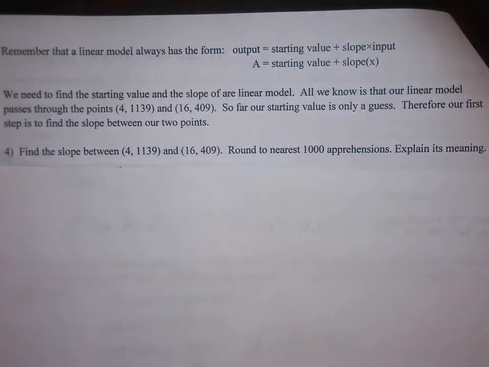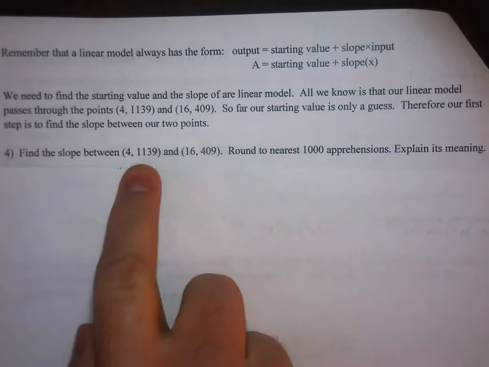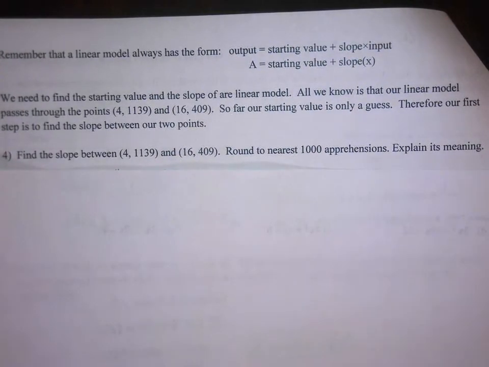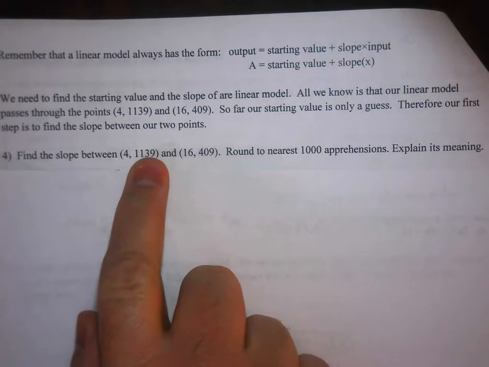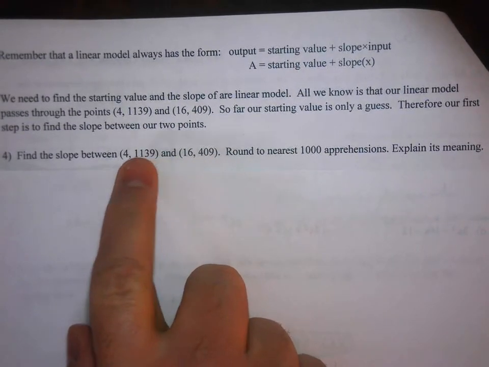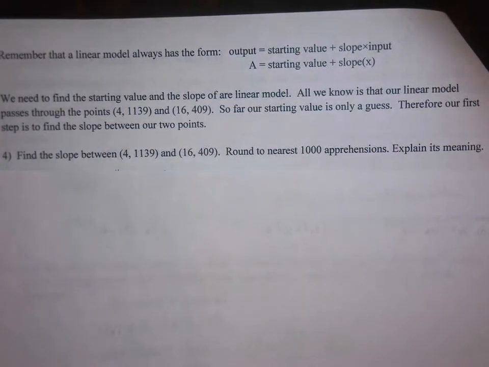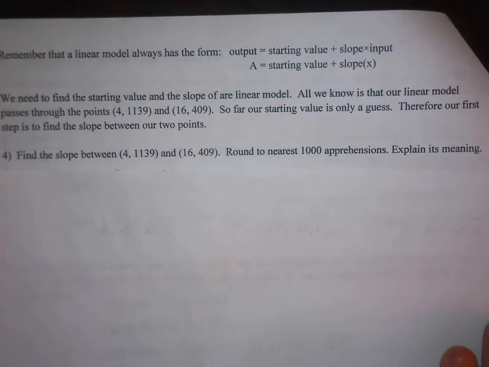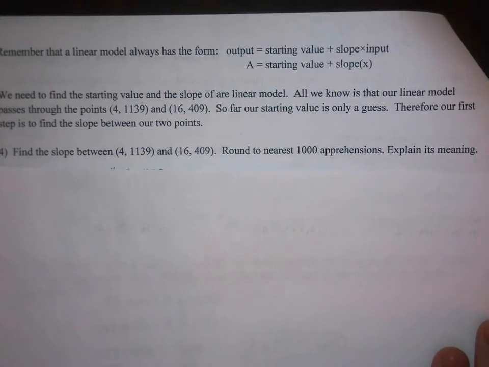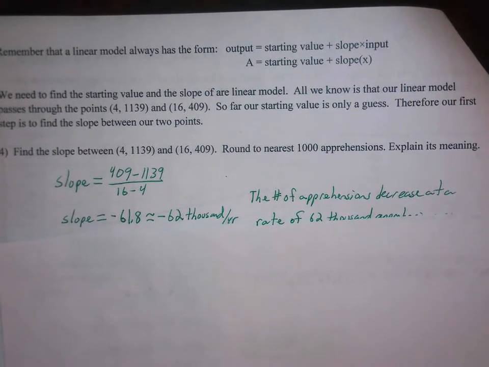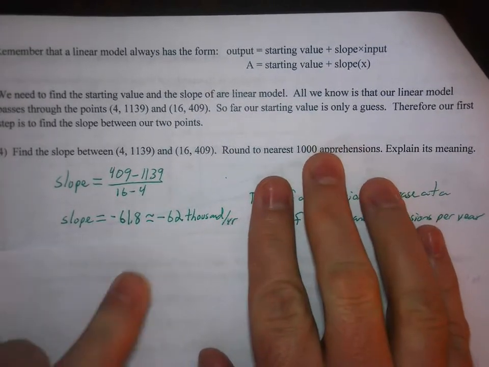So if we find the slope, or the average rate of change, between these 2 points, remember, to find slope, that is how fast your output changes with respect to the input. In terms of this question, we're looking at how fast the number of apprehensions changes as the time goes on. So to find the slope, again, you can pause the video and try this, because you should be able to. So we find the rate of change, which is